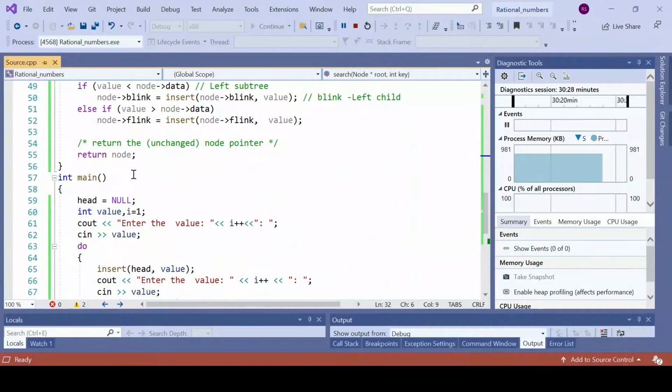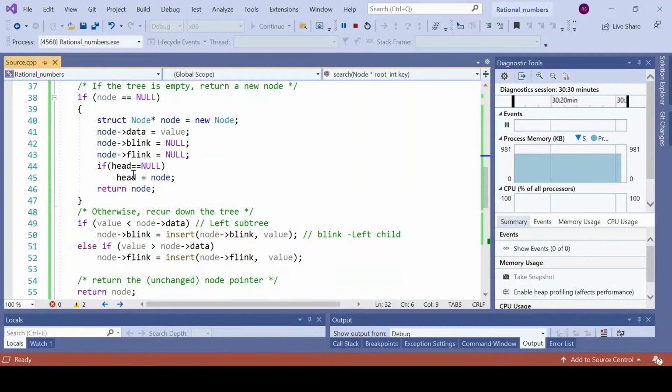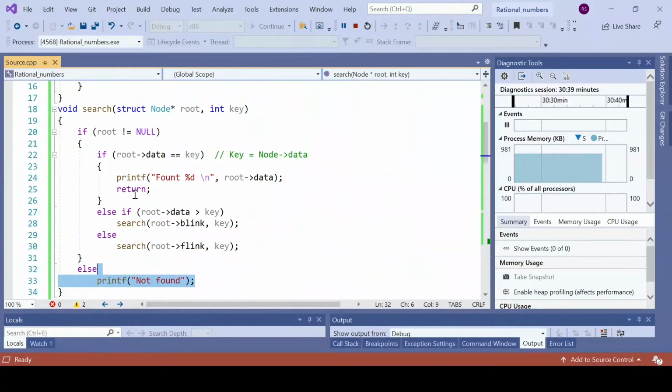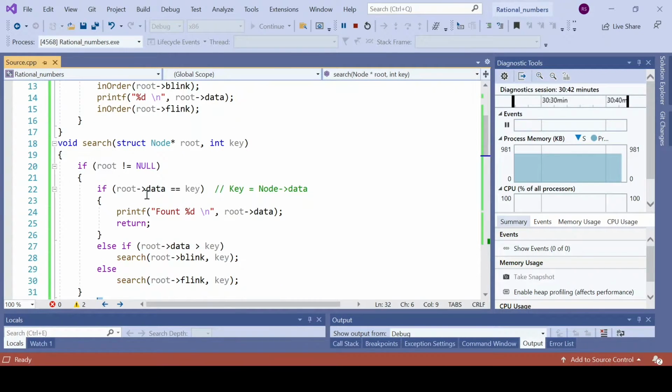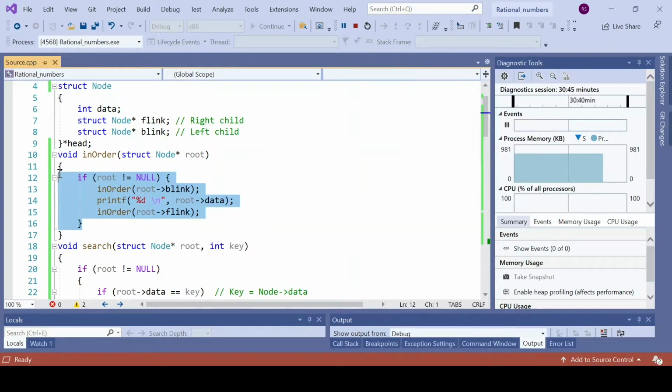So we have seen all the functions except the delete function. The delete function has to be added into this program, but the essential requirements of this program are the construction of the binary search tree, the in-order traversal and the search function. The purpose of in-order traversal is to verify whether you are constructing the binary search tree correctly, because in-order traversal always prints the numbers in ascending order. So we can check whether the binary search tree is correct based on the output of the in-order traversal.